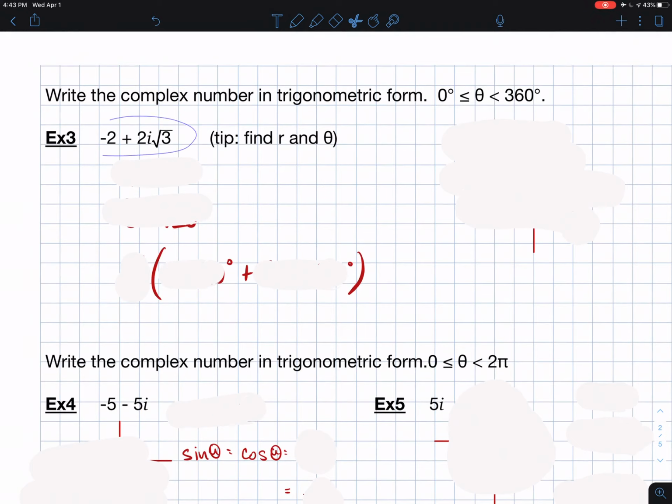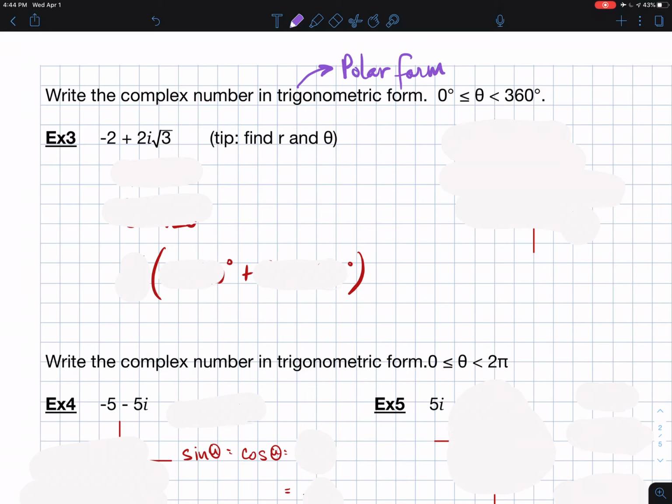Okay, so we look at what we have. We have legs. What do we want? Oh dear, they're trying to trick us. It says trigonometric form. Trigonometric form is code for polar form. So when you run into that in MyLab Math, make sure that you understand trigonometric form simply means polar form,